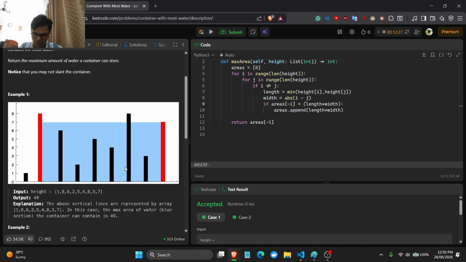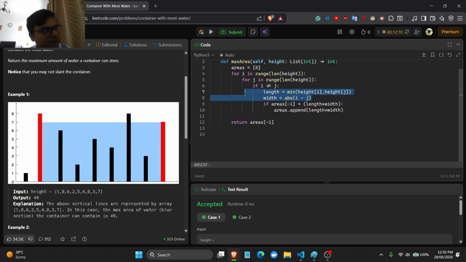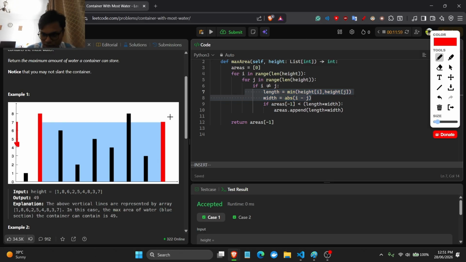One pointer over here, another pointer over here. You'd want the lengths to have a smaller difference, because smaller difference is bigger. Okay, so one pointer over here, other pointer over here, and then I just calculate the area,